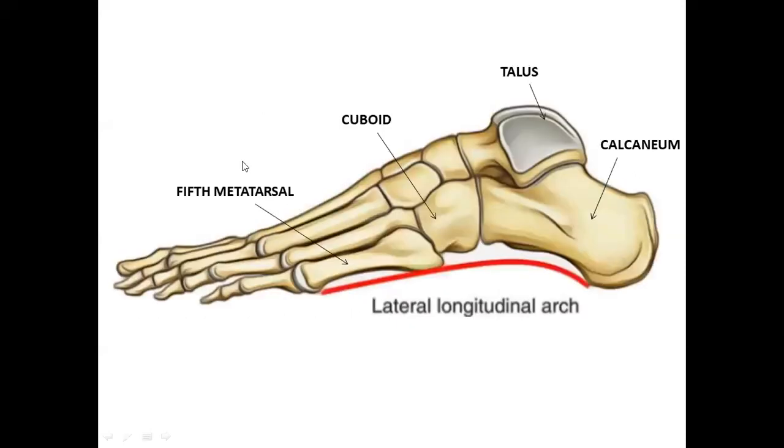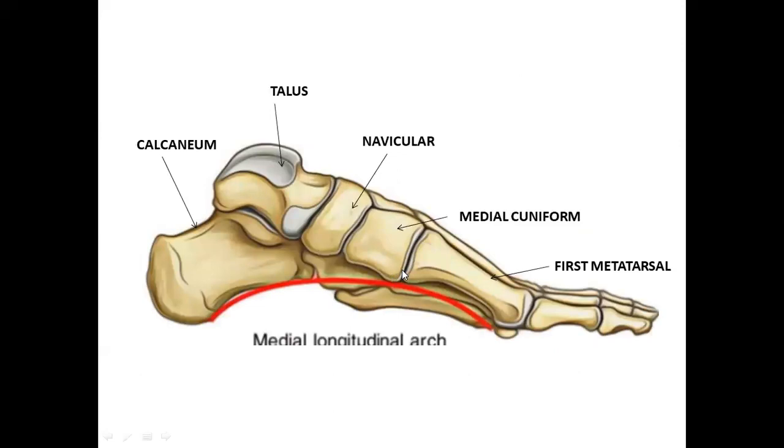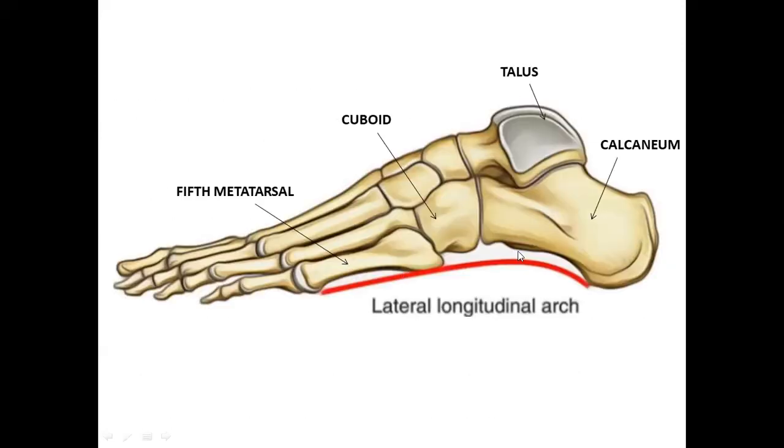Now, talking about the lateral arch. When we look at the lateral arch, it is also formed by some bones. What are these bones that form the lateral arch? We have the calcaneum, we have the cuboid, we have the 2 metatarsals here, the lateral 2 metatarsals here. As compared to the medial arch, the lateral arch is low-lying और ये लो लाइंग है, ज्यादा टच करती है ग्राउंड को, तो उसका मेन काम क्या होता है, बॉडी वेट को सपोर्ट करना, ठीक है।